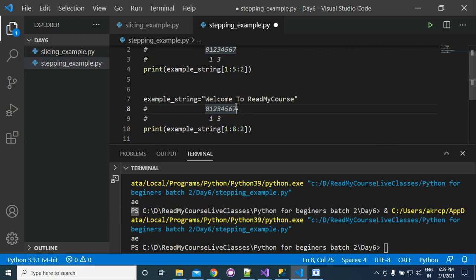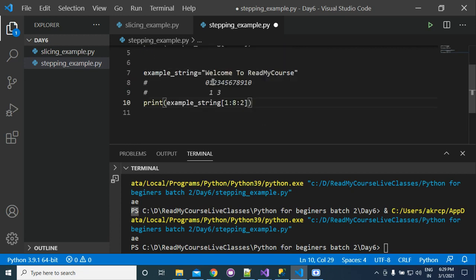This is 0, this is 1, and so on up to 7, then 8, 9, and next will be 10. So one value is this. After this 1 we will have 3, then 5, and then 7, but we will not go beyond 8 because our index is from 1 to 8, meaning from 1 to 7 only.